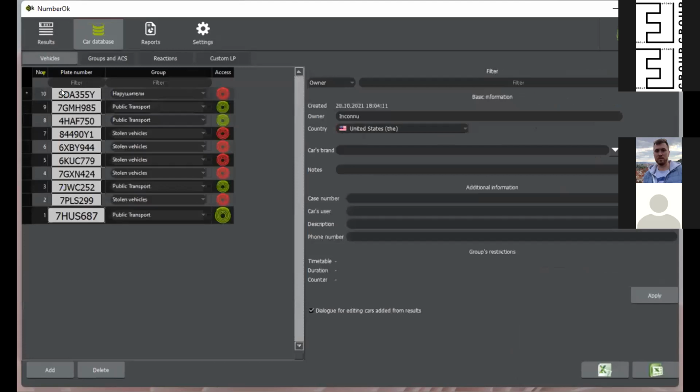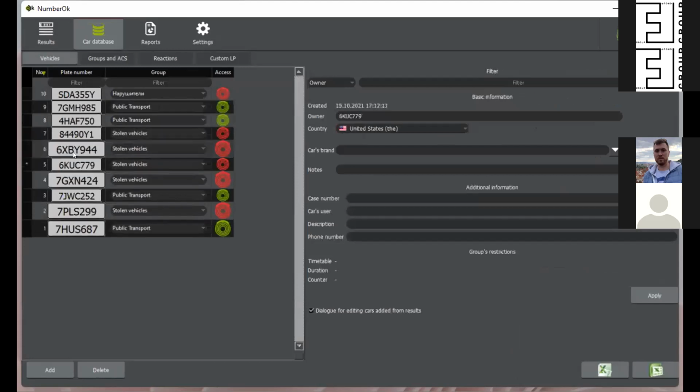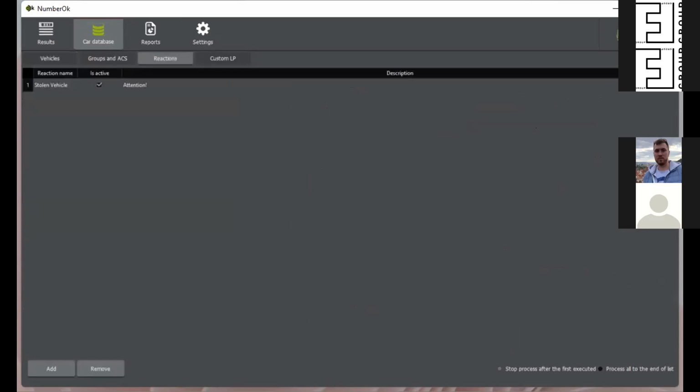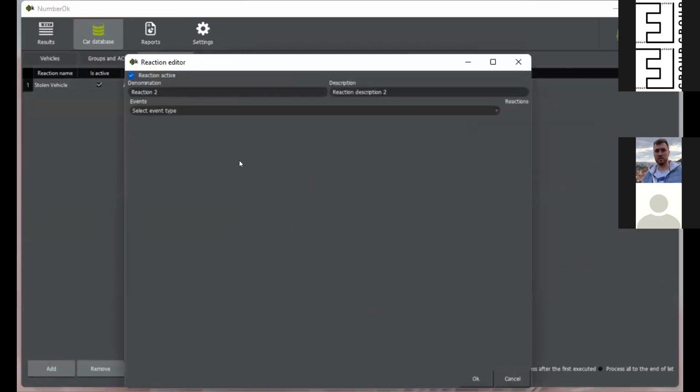Then in the vehicle tab, we add our vehicle license plate. Exactly here, you can also add some additional information about the car owner, car user, for example, some corporate vehicles, etc. And here in the car database, you can create reactions. To create a reaction, you just need to press the add button and put some name for your reaction. Let's just leave it as reaction 2. You can add some description, new reaction, for example. And let's choose a